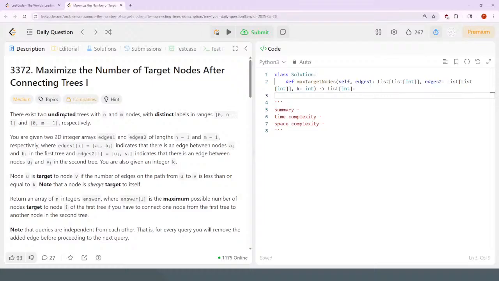There exist 2 undirected trees with n and m nodes, and distinct labels of range 0 to n-1 and 0 to m-1 inclusive, respectively. We're given 2 integer arrays, edges1 of length n-1 and edges2 of length m-1, where edges[i] equals a, b indicates an edge between nodes a and b. So the number of edges is 1 less than the number of nodes. So basically every node is probably connected to